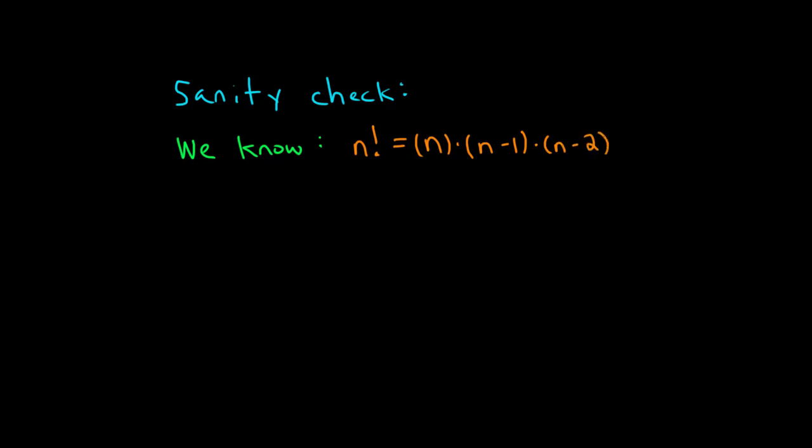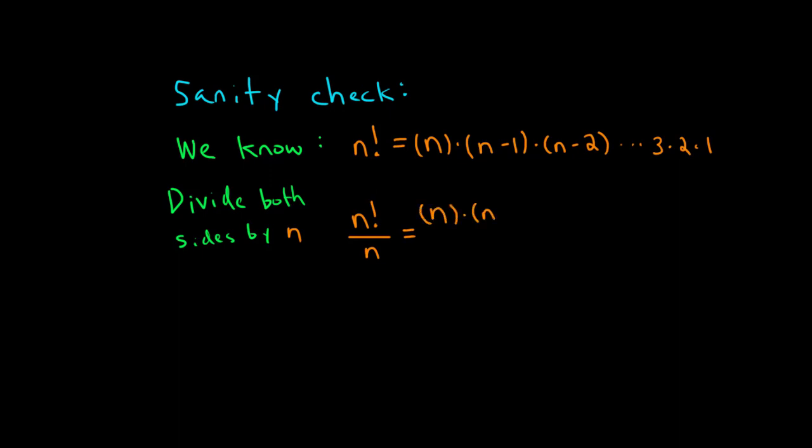So after a result that's staggering, it's probably a good idea to do a sanity check. We're going to check to make sure that the infinite product formula that Euler has put forth really has all the desired properties of the factorial function. So for starters, we know that n factorial equals n times n minus 1 times n minus 2, all the way down to 3 times 2 times 1. So if we divide both sides of that equation by n, we get n factorial over n equals n times n minus 1 times n minus 2, times 3 times 2 times 1,